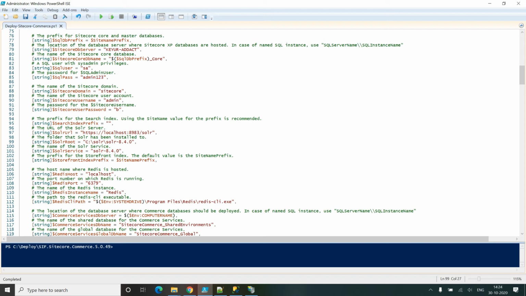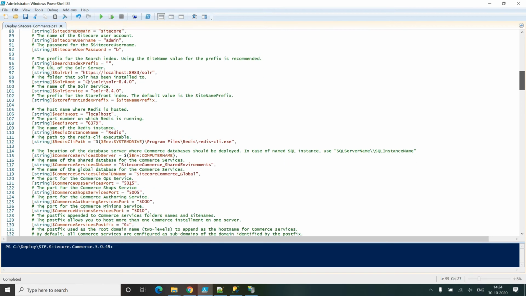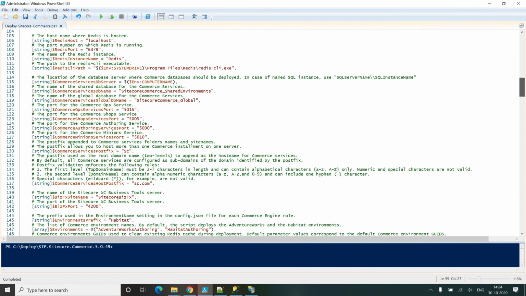All these variables are required for installing Sitecore Commerce 10.0. Let me just show you all the things.